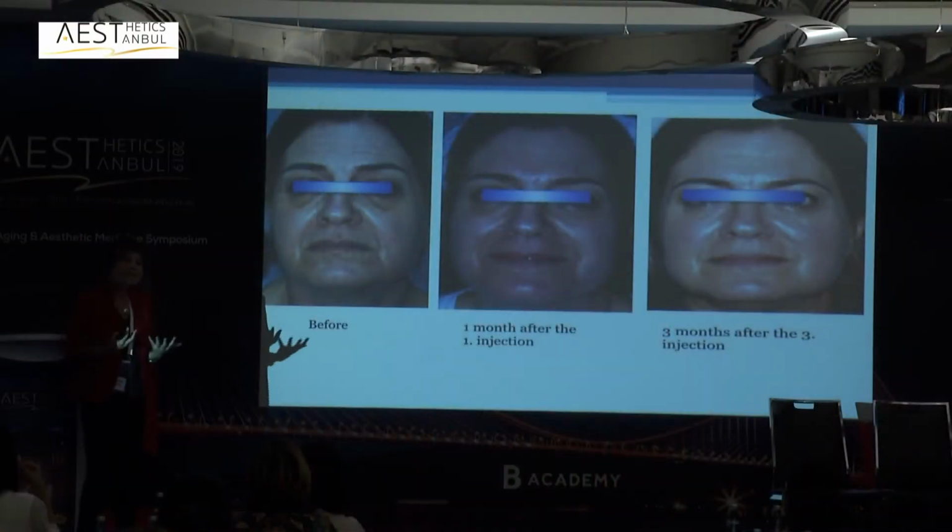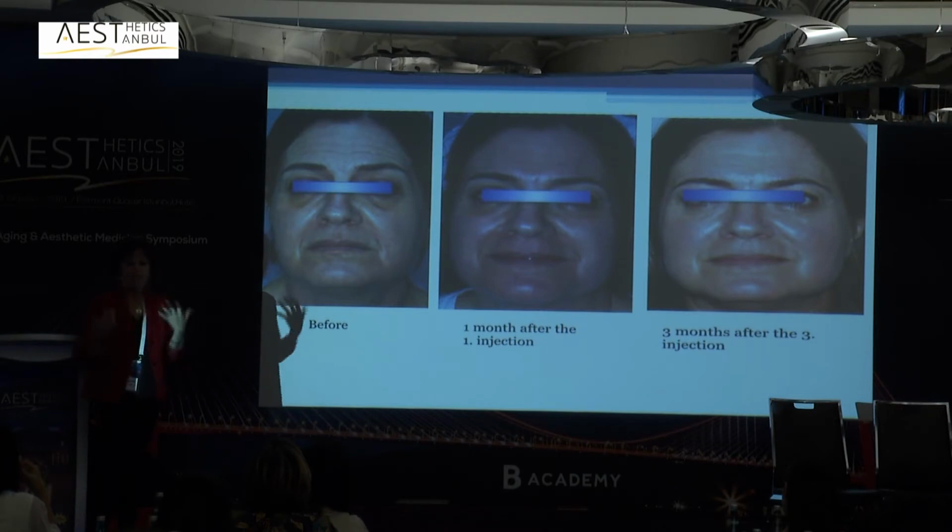You can notice that my patients, the ones who accept fibrogel injection, have never had any injection or any laser treatment before. They're afraid of having something done. And so when I explain this procedure, when we discuss fibrogel, they accept it because it's from their own cells, own blood, nothing foreign. This is before, and this is 1 month after the first injection, 3 months after the third injection,